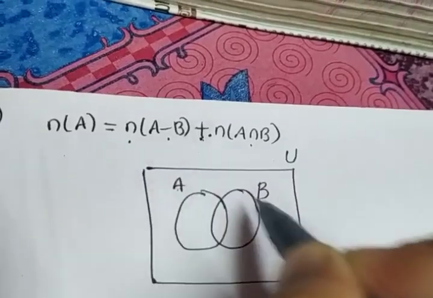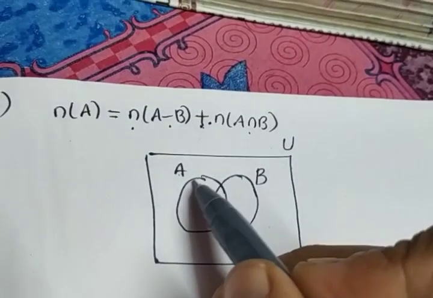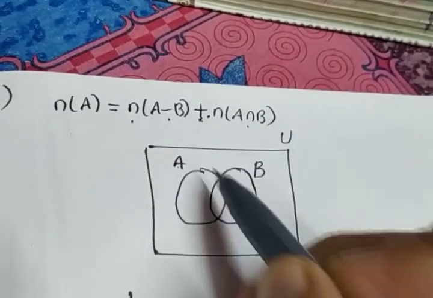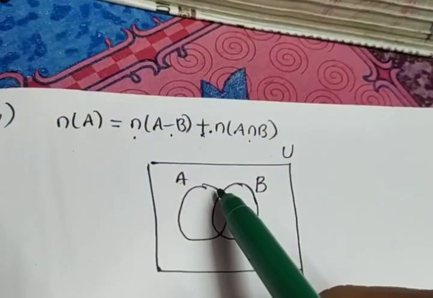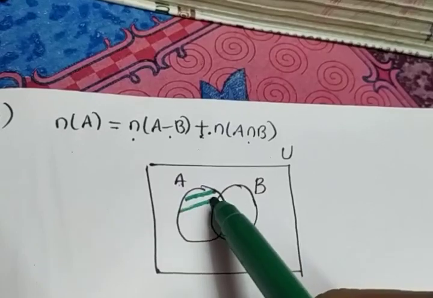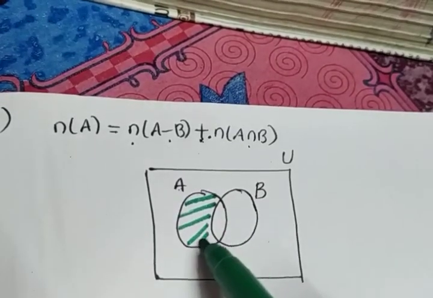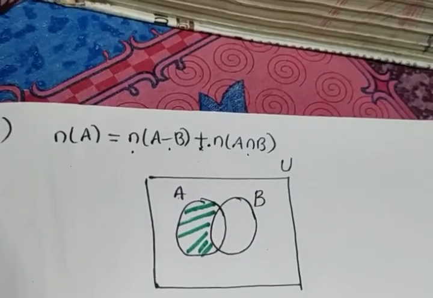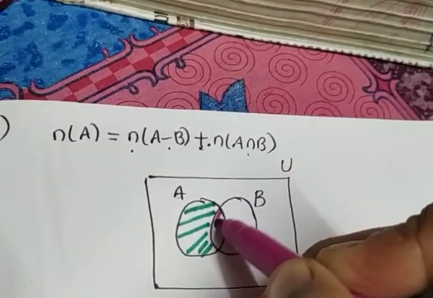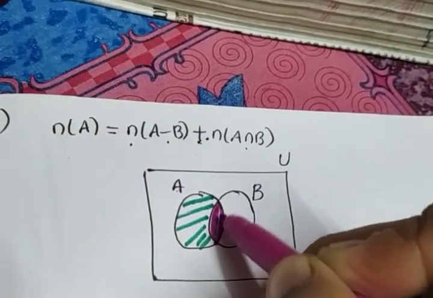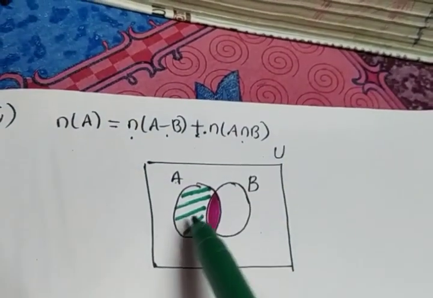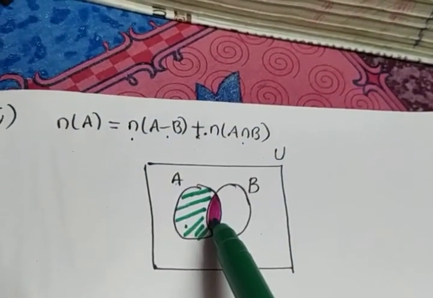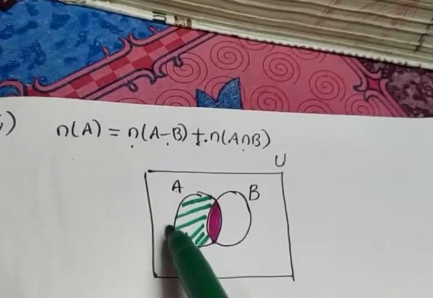So this is A and this set is B. N of A, you know that this is a circle. The circle will be n of A. So I will go to the RHS, A minus B. We have to remove B from set A. So this is A minus B. Then A intersection B. I always say that the intersection is the lens-shaped region. So this one. The union of these two, the green colored portion and the magenta colored portion, will give you